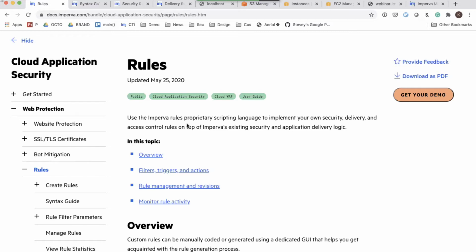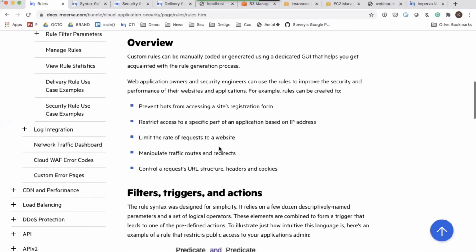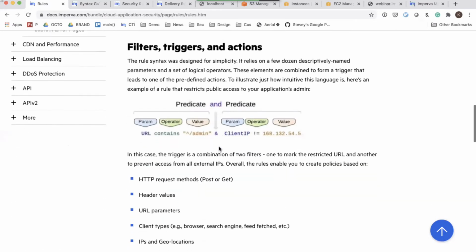And what we've understood from customers is it's great that we've got things like policies out of the box. A lot of people want to extend the product. A lot of people want to do things with the product. And that's where rules really come from. And there's lots of different things about rules that I can get into. I'll start at a very high level of what rules are.